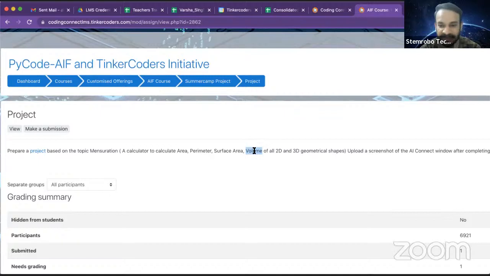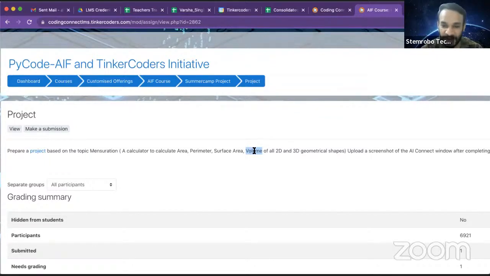So all you students, you have to use this logic. Basically, you have an all-type calculator in a program. You'll be making a calculator with the help of coding that can do all kinds of calculations, right, students? See, this will take a bit of time, so you all have to work well.